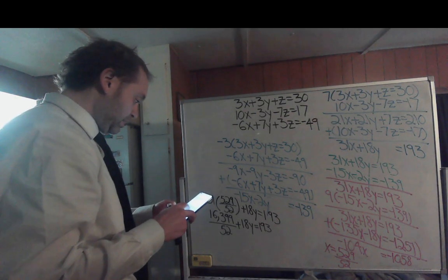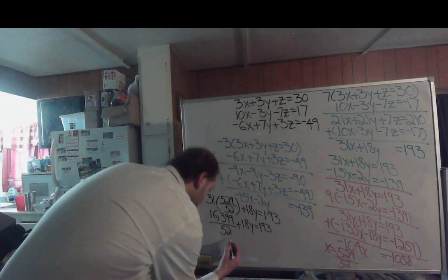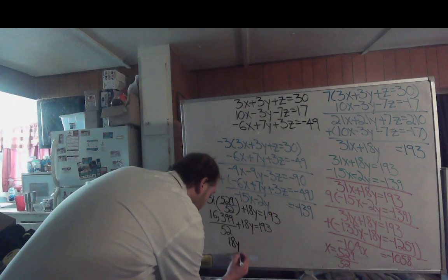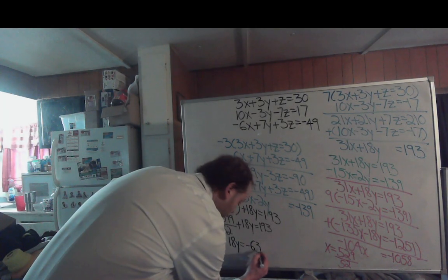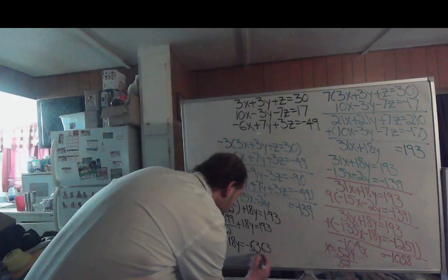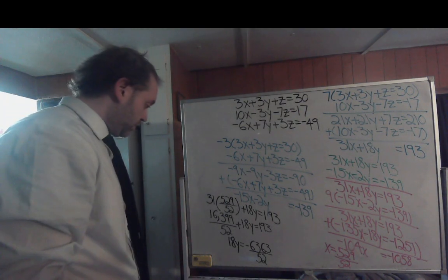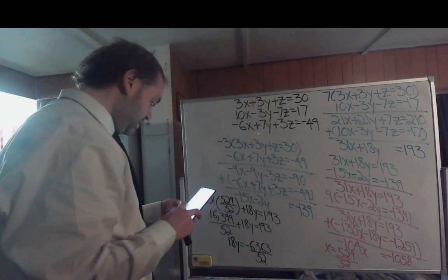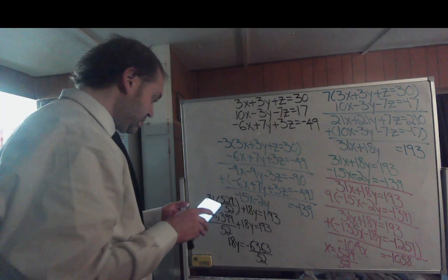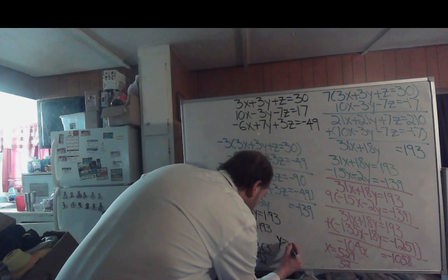Which now we can get the 18y by itself, that's going to equal, of course, negative 6,363 over 52. Which would give you a y value of negative